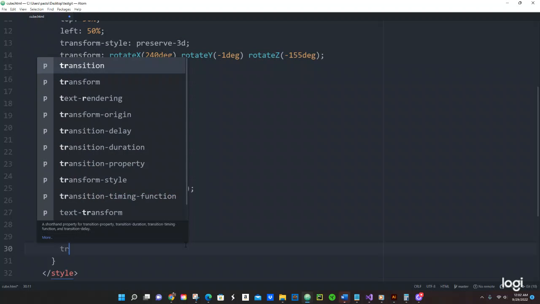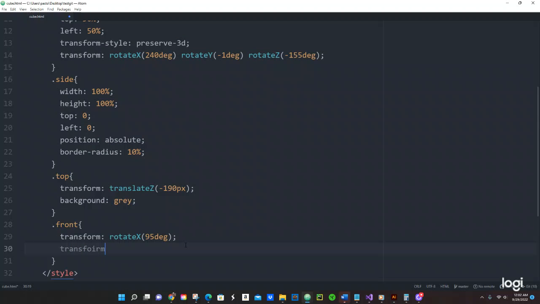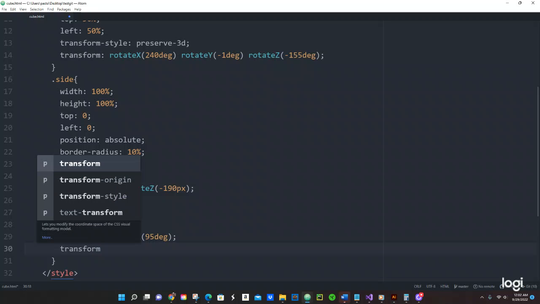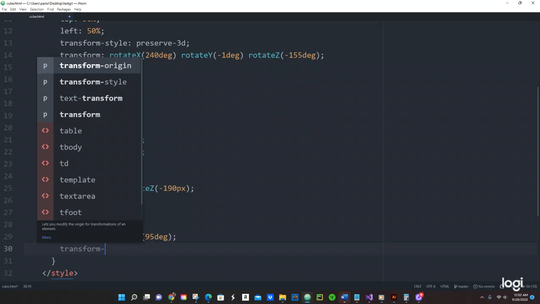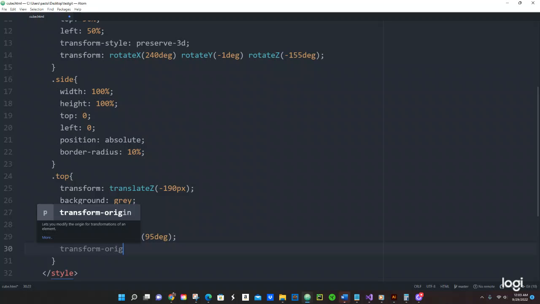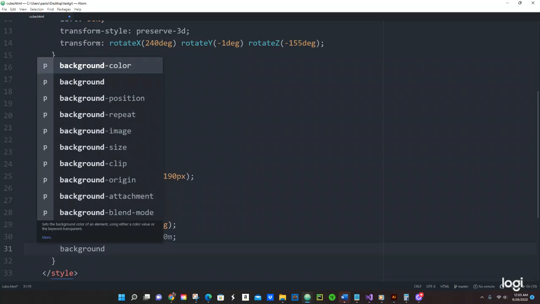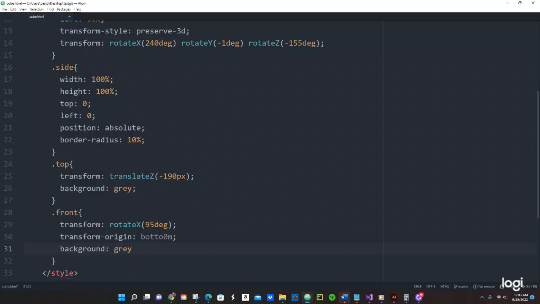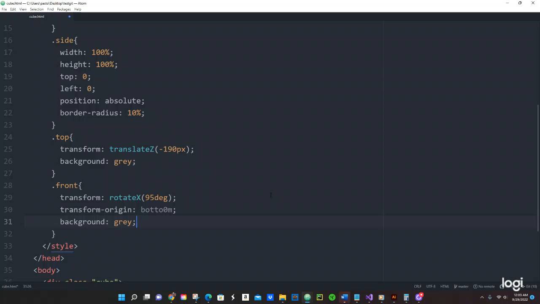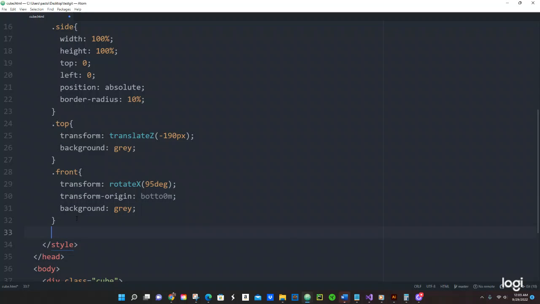and then we have transform, we're going to use the origin. We got bottom, then we got background, we're going to do gray. Okay, cool. And then we got left,